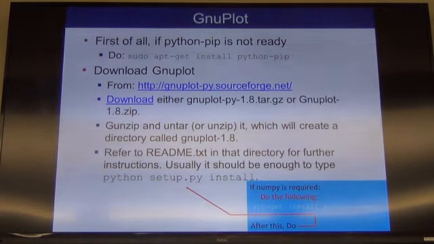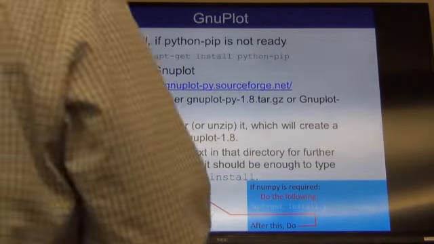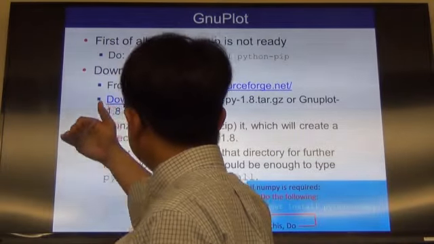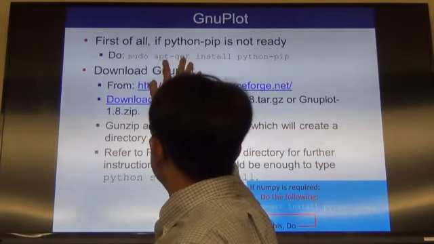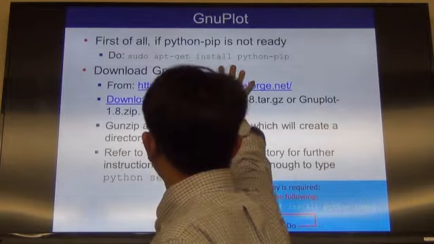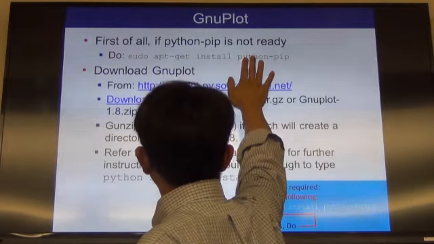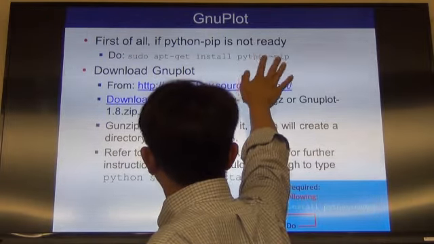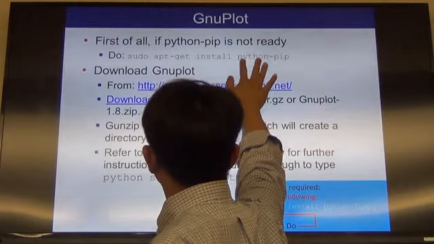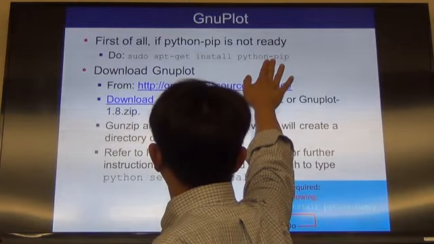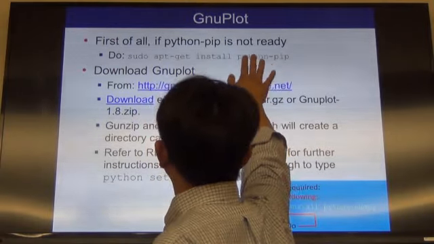Okay. So as I said, when you install in Ubuntu, you can do sudo apt-get install. If you know the file name, then you can do this, for example python-pip or whatever, scapy.